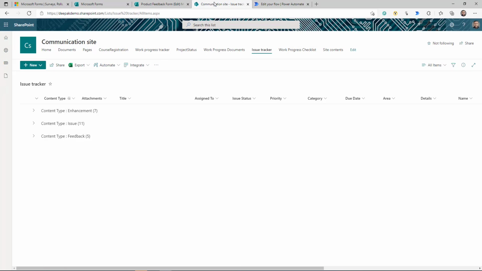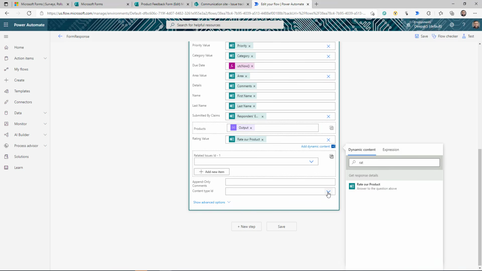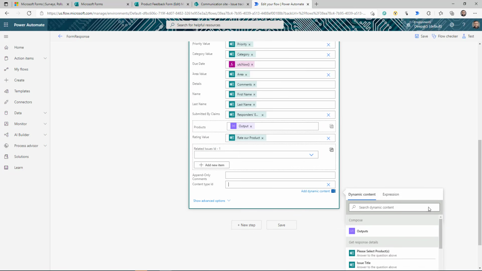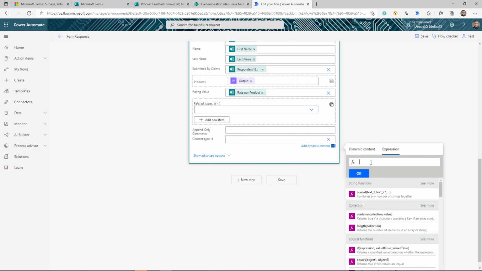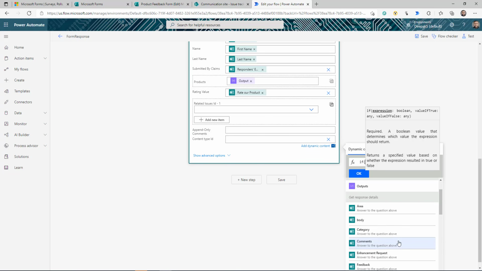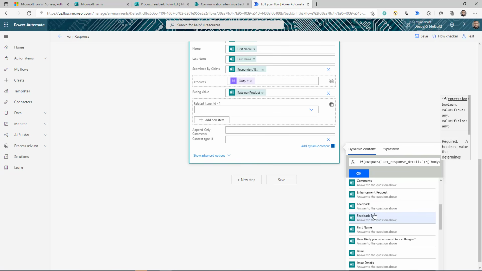As I said earlier, in my list, I have 3 content types. So I need to dynamically set this content type based on the request type. How you can do it: just click on enter custom value, go to expression. This is going to be a very simple if statement. You just need to say if, in the dynamic content, whatever field you are using to create the different types. In my case, it's feedback type. So I'm going to just search for that, right? And then I'm going to say if this equals